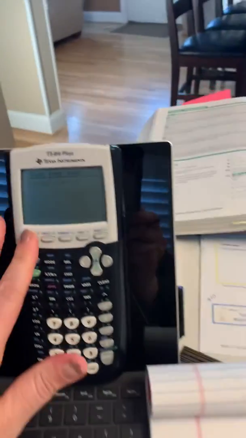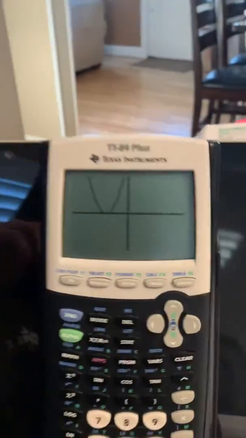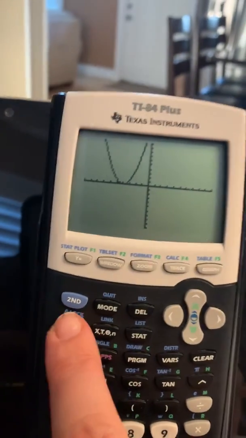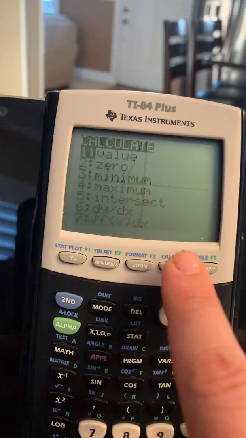So I did input it into the calculator for you, and let's take a look. We should only see it crossing in one spot. And there it is. And here's the really cool part of math and the way it all comes together. We're going